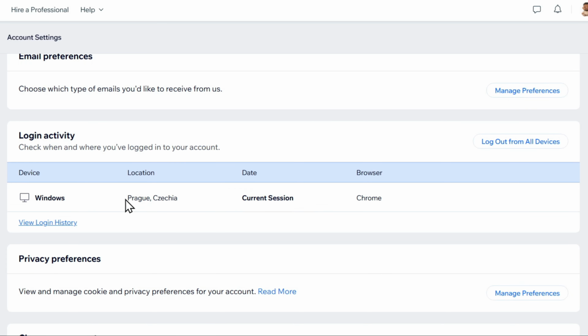So this gives you a lot of information right here to be able to quickly identify if this was you or not. Right? One of the cool things is that you can even log out of devices if you realize that your account has been logged into multiple devices that you can't even recognize or remember if it's you